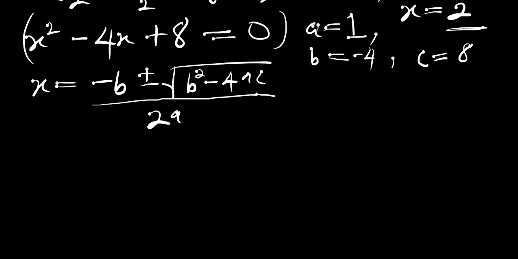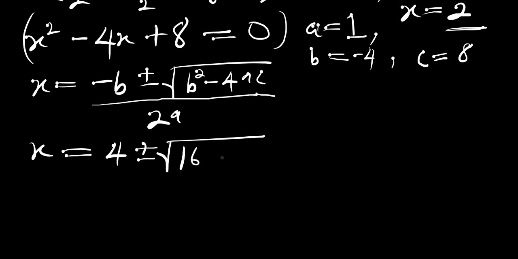So let's fix that in here. x equals negative b, so we are going to have 4, plus or minus the square root of b squared, that is negative 4 squared, we have 16, minus 4ac, 4 times 1 times 8, that is 32,